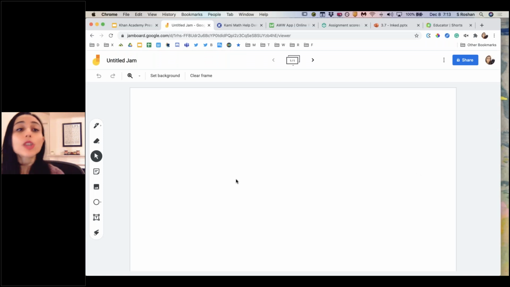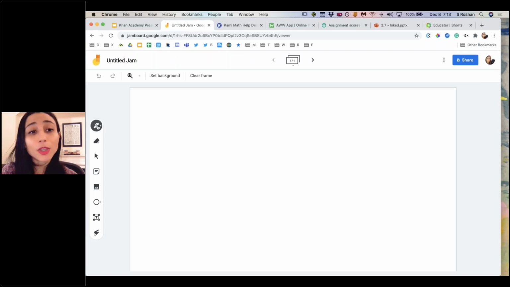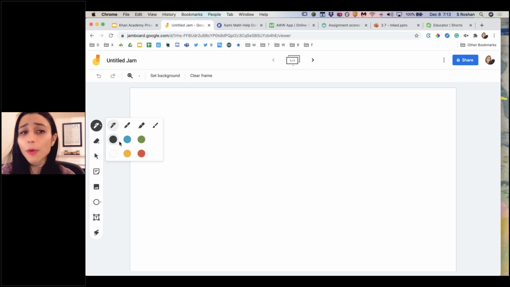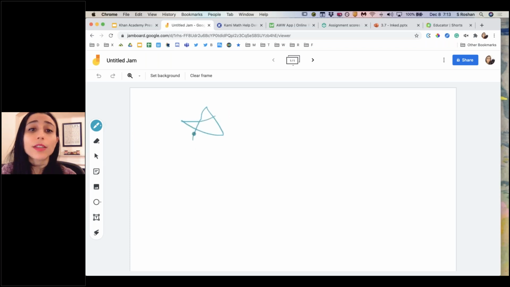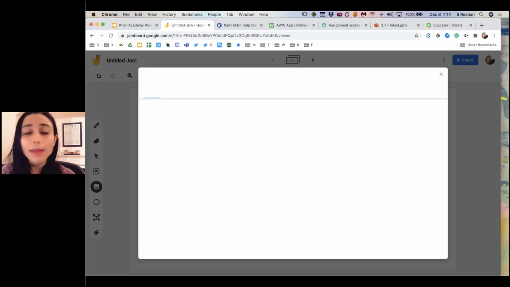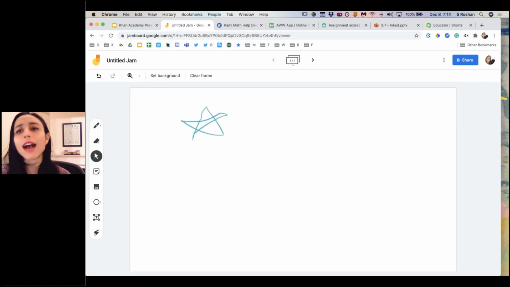Amazing, right? So there is a pen tool right here. And again, the options with this one are very, very simple. You only have a couple palettes of color here. You do have different pen thicknesses. You have a marker, you have a highlighter, you have more of a brush tool. And so, you know, you can just very simply get to writing. You can also pull in an image. So sometimes I like to use this when you have a question that you want, take a snapshot of the question, pull it into here, and then just use your tablet and write. That's basically it. You can present during class with this also.